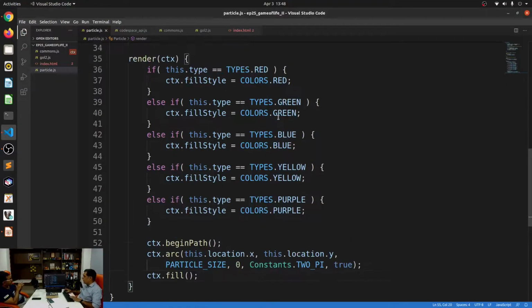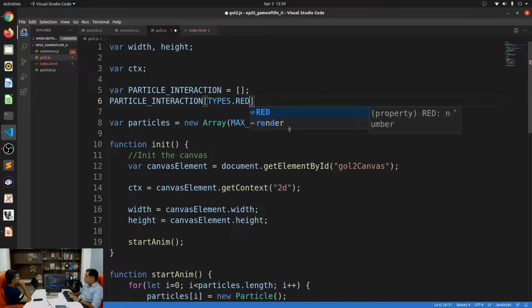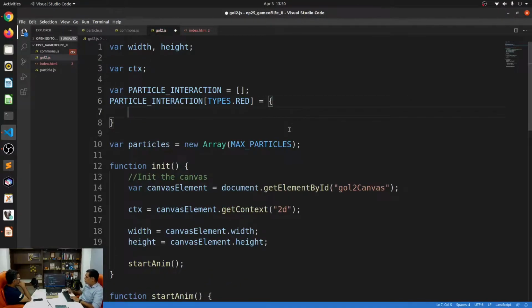All right, so I'll first define the particle interactions and how they interact with each other. To do that, I can say particle interactions of types.red. Over here, we are defining how red interacts with other particles. I can set it equal to an associative array. So I can say 1, which is red.